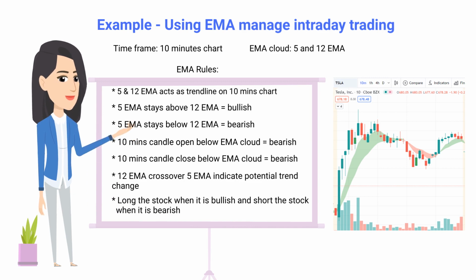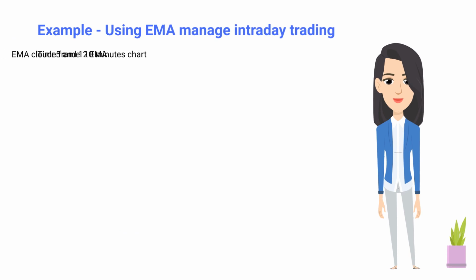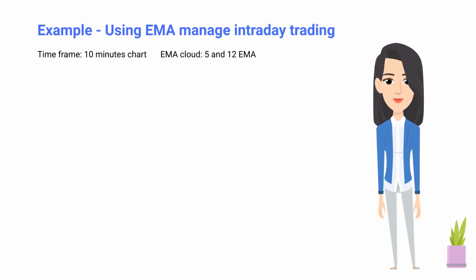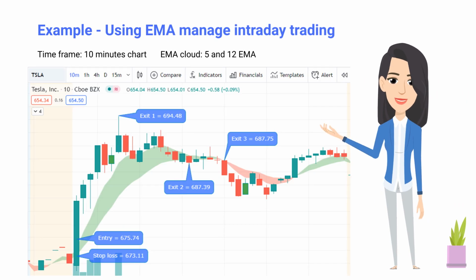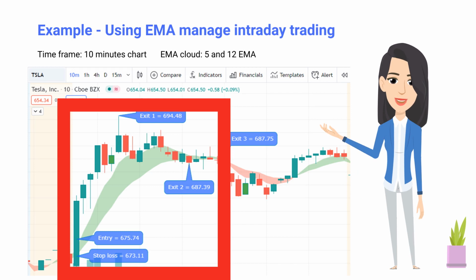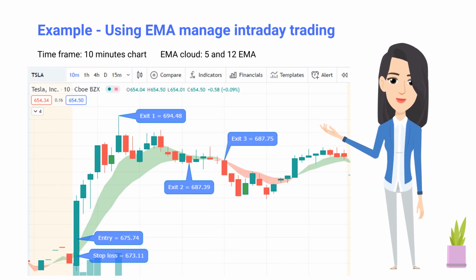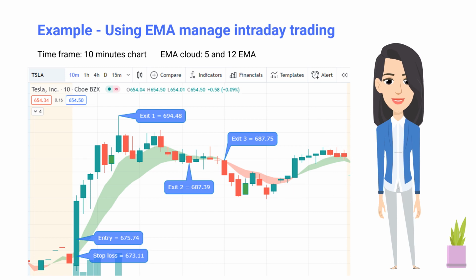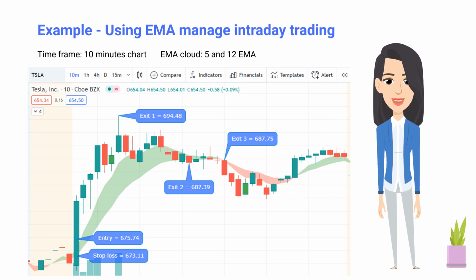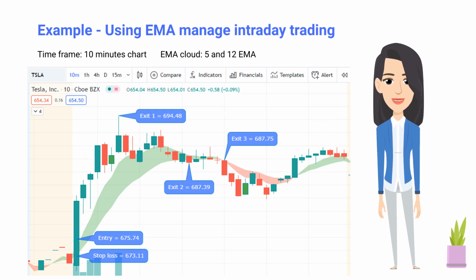Now, let's drill into details in this 10 minutes chart to examine how we could use EMA Cloud to manage the trading opportunities in the 3 trend change patterns. First, let's take a look at the trading opportunities in the first trend change pattern, red to green. The stock closed in red EMA Cloud. We see that in the pre-market EMA Cloud changed to green, however, the last pre-market candle closed below the EMA Cloud, so you would wait and see which direction the stock is going when it is open.